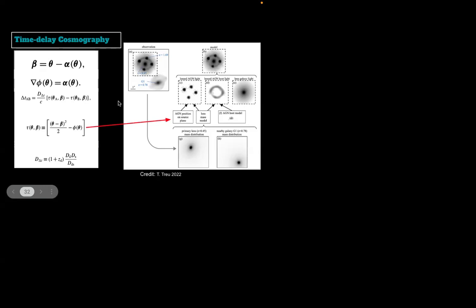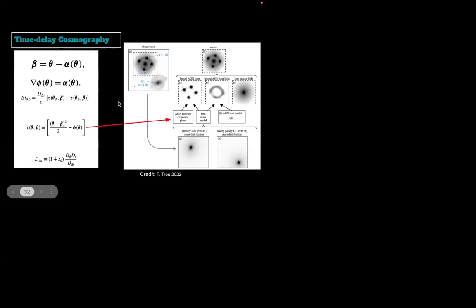And then you have the galaxy where the AGN is present. In the same way, it will also lens that galaxy. So you will see the galaxy arc here as an image. And then you have the lens galaxy light, which is not lensed, you just see your foreground galaxy.